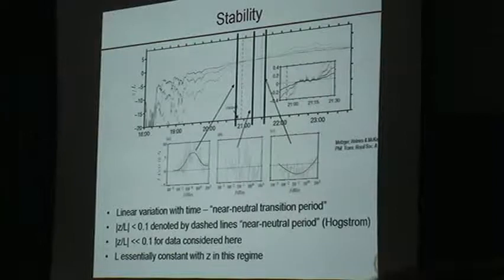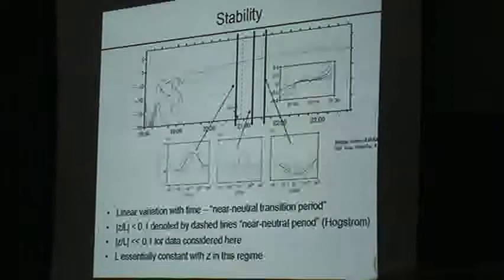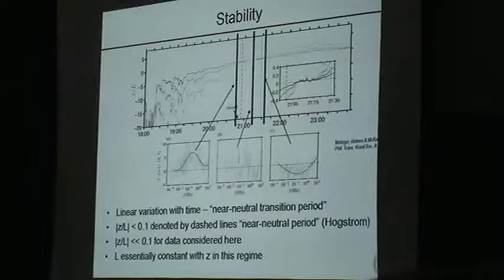I forget what the first one is. I'll check the actual height. But you can see you can draw a line across here, and then mark in where you obey that Z on L less than 0.1 condition. And if you were to be much stricter and say Z on L less than 0.01, it would be in here. Now there's some measurement noise on here, but if you average, you'll see that there is a region where